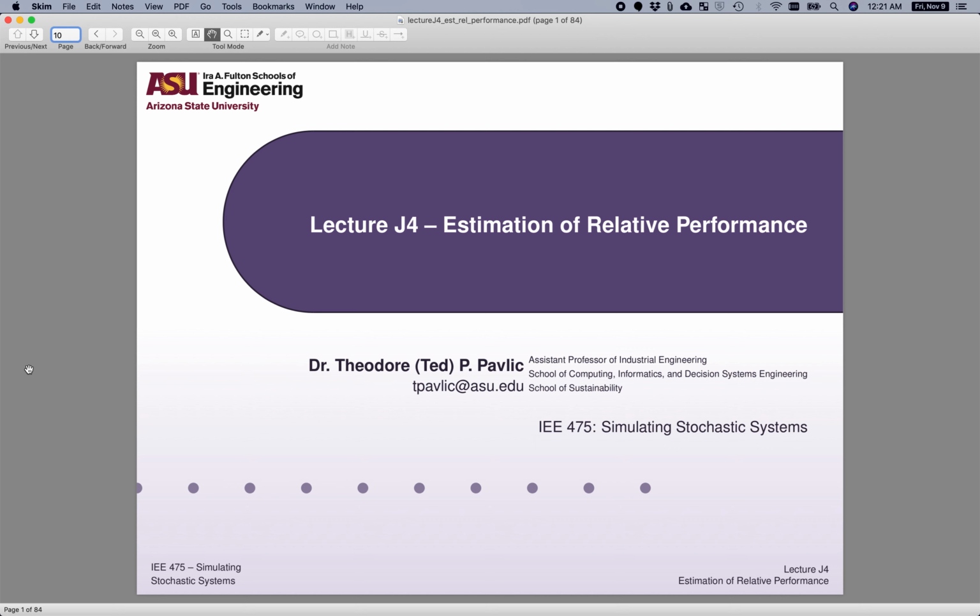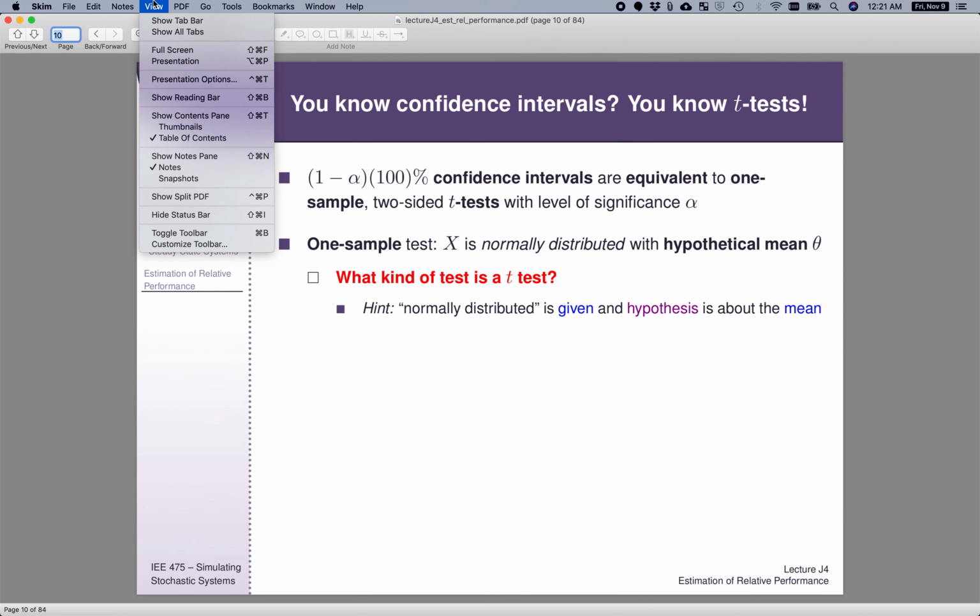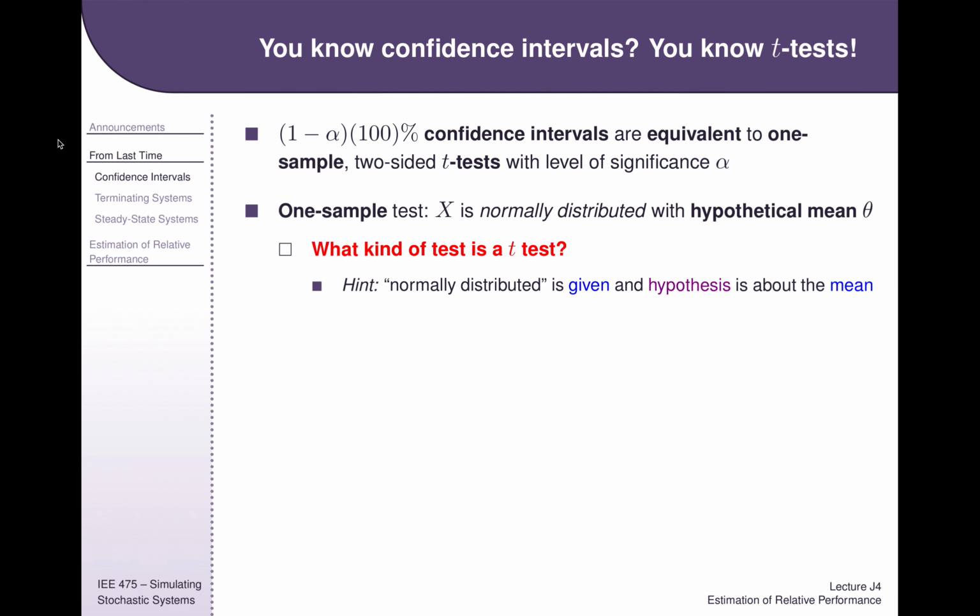So if we have two ways of comparing two different sims, we may be able to make a more useful inference than actually trying to estimate a real parameter from a single sim. So hopefully that will become more clear here in a second. But let's just make sure that we're all on the same page about where we've come from here. So we have now moved away from point estimates to interval estimates.